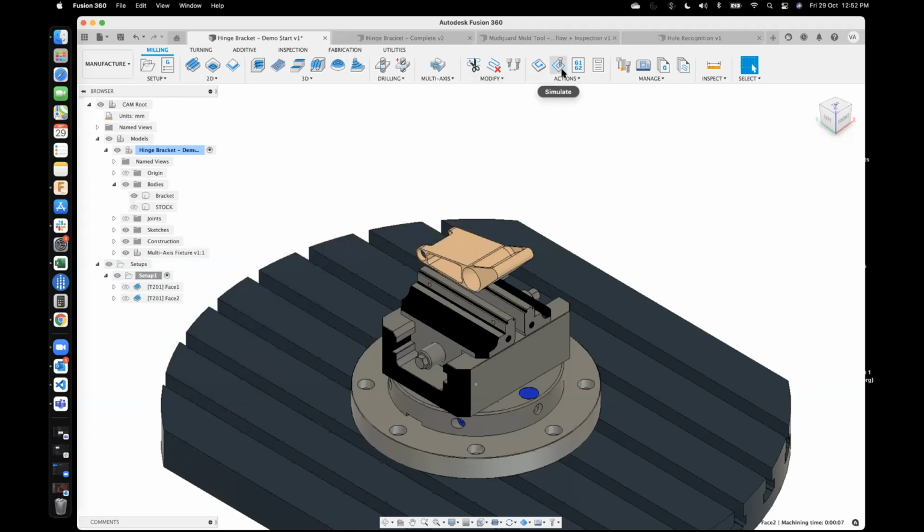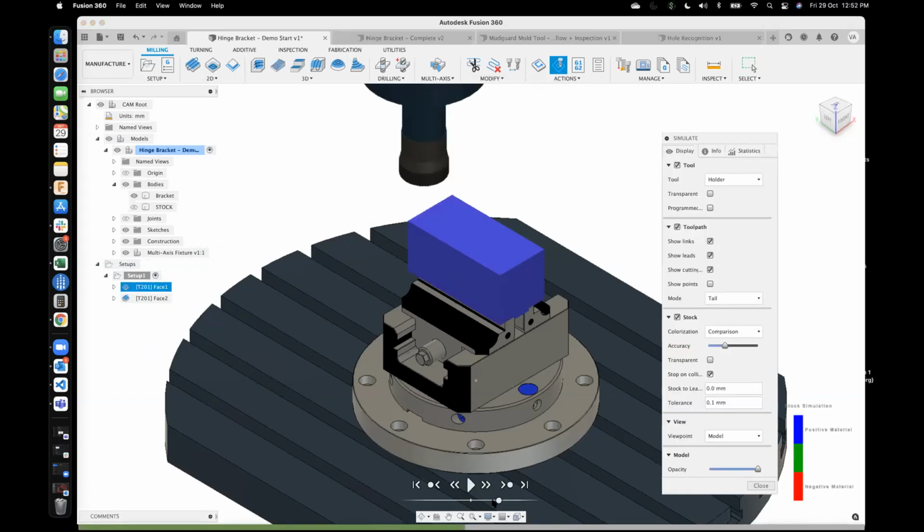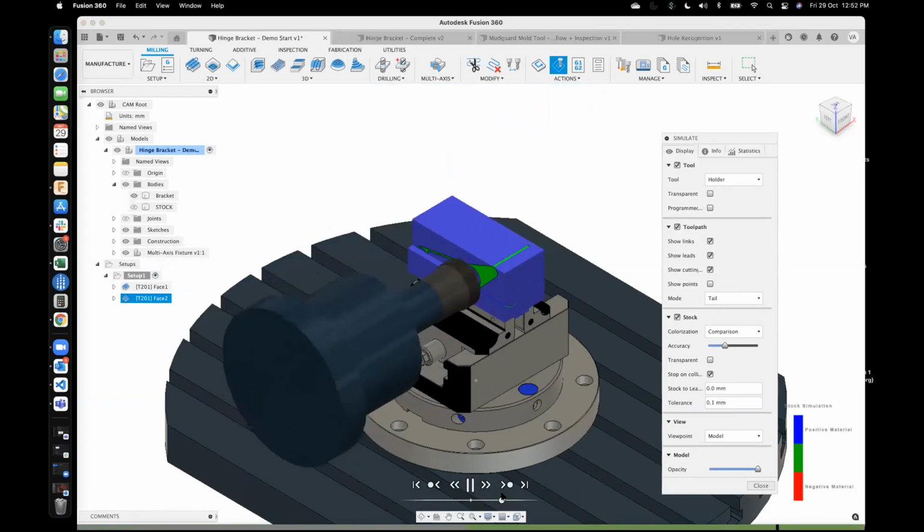So if I now play the simulation, you will see a first operation which is getting played here, and the second operation which is like this,